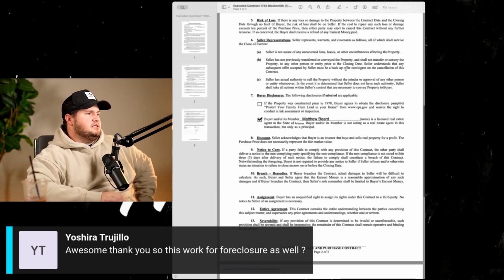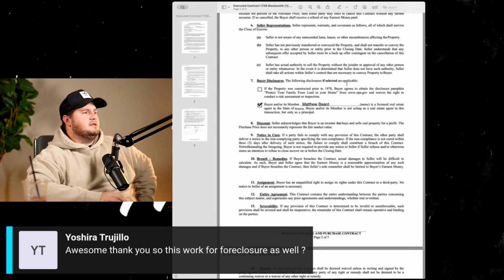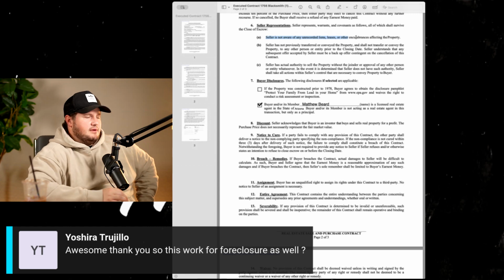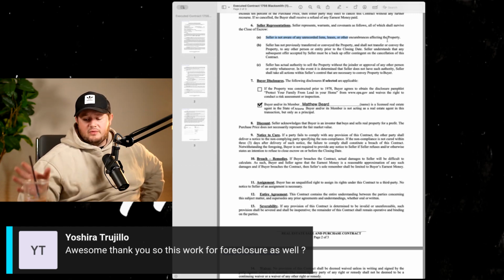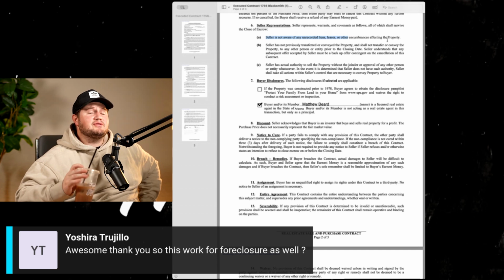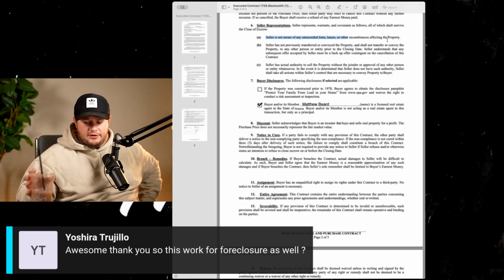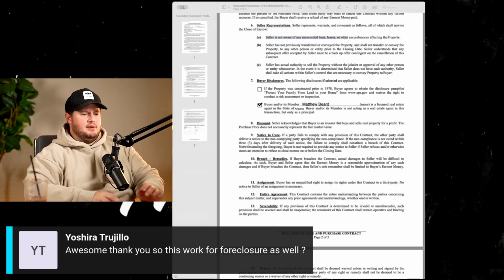Okay. Seller representations. Seller represents, warrants, and covenants as follows, all of which survive the close of escrow. The seller is not aware of any unrecorded liens, leases, or other encumbrances affecting the property. Right? If they know these things, they need to disclose these things, right? And the great thing about us working with agents is most of the time they have to disclose this stuff to their agent anyways. There's something called an SPDS, and I'll put it here in the chat,